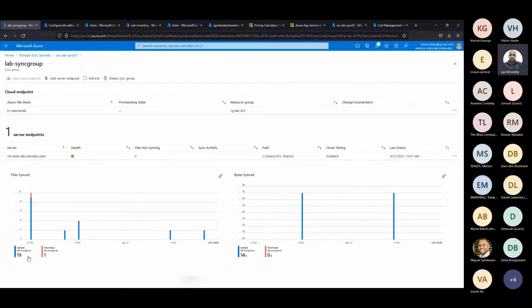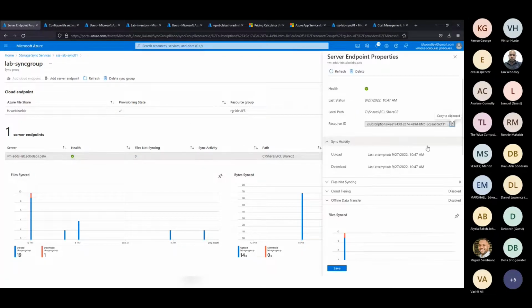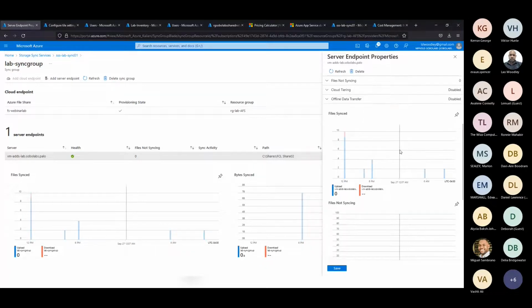And we do have some metrics here. It shows us files that were synced from the on-prem, the path that we're syncing to the cloud, the server that is registered, and we can get granular details over what is actually happening between our cloud environment and the on-prem environment.